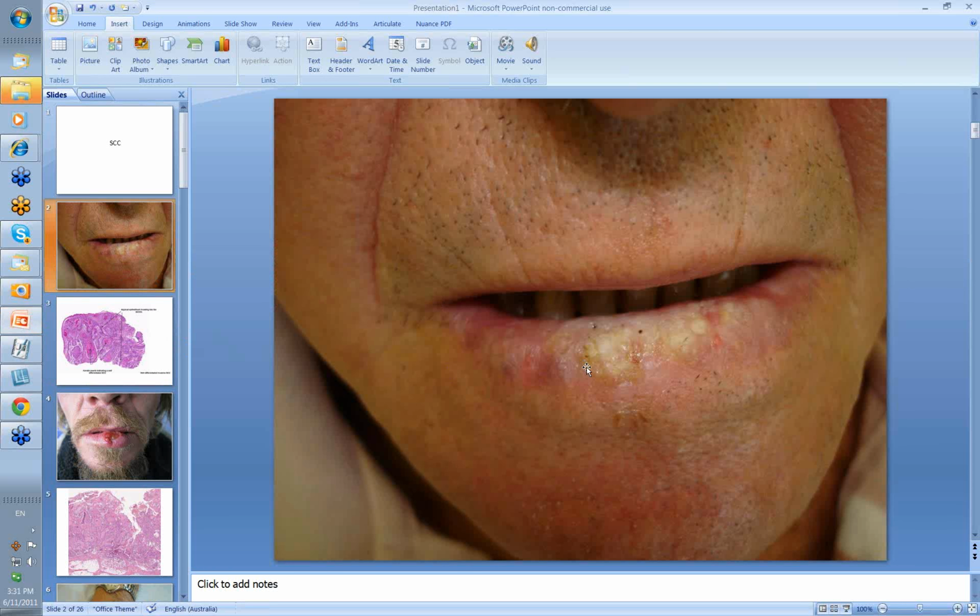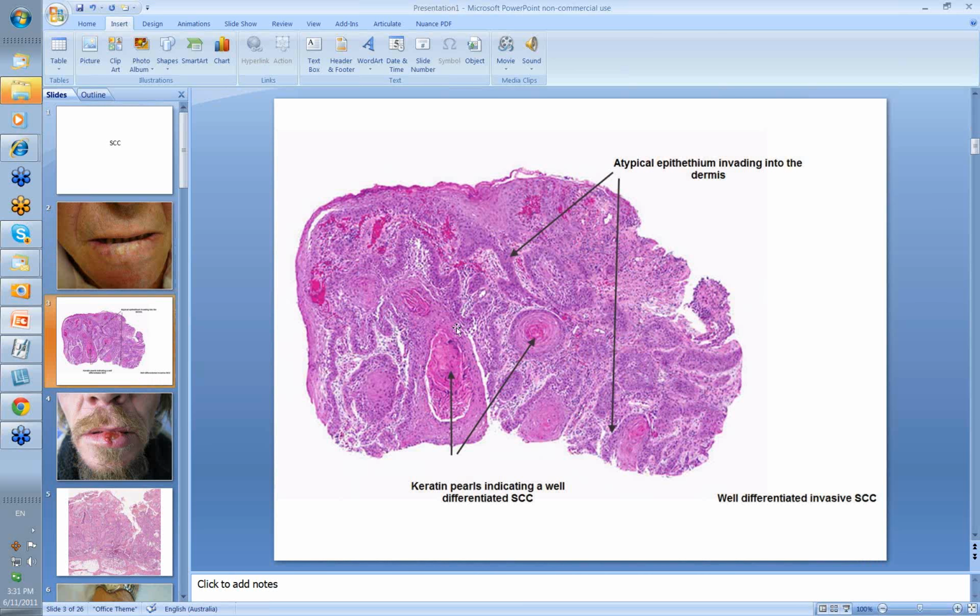This is an SCC that's occurring on a background of extensive solar damage on the lip. There's excess keratinization. Remember that in an SCC you've got an abnormally proliferative epithelium. And if you look at it histologically, this is the sort of picture you see. You have these buds and strands of atypical epithelium extending down into the dermis, and in amongst them you have